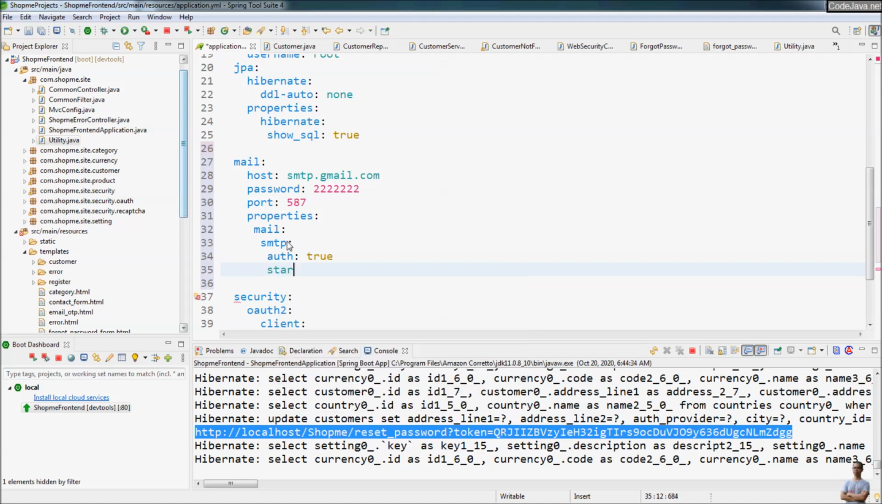and use secure connection start TLS enabled true, and then we specify the username, which is my Gmail, codejava.net at gmail.com,